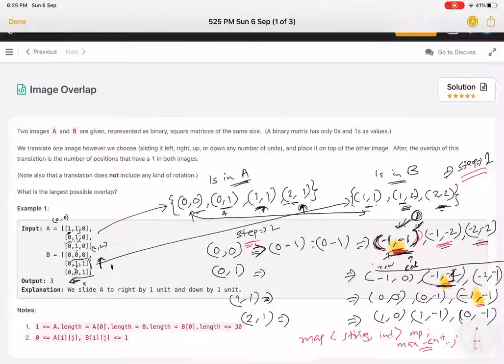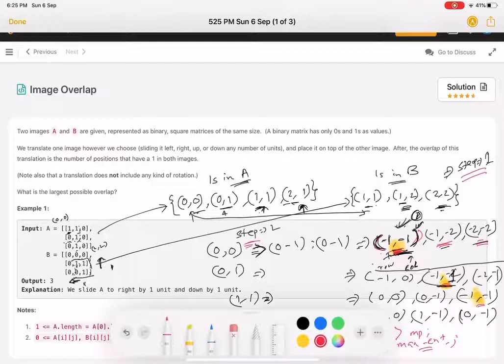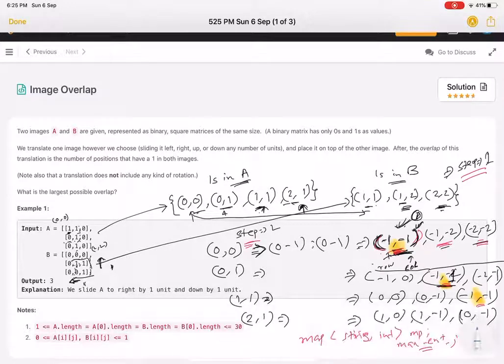So I'll suggest you go back and try to code it. It looks a little scary to understand, but while coding it becomes very easy. Now let's quickly look at how much time and space it can take complexity-wise. I'll first do the time complexity of it.